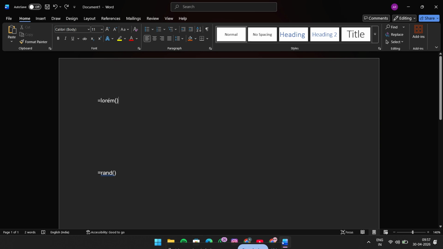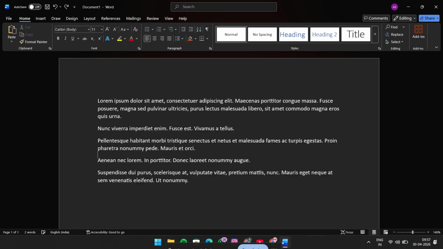Now, if you want traditional Lorem Ipsum dummy text, type equals Lorem and add parentheses like this. Equals Lorem open parenthesis, close parenthesis. As soon as you press enter, Word will automatically generate placeholder text for you. This is a great option when you want the classic Latin-style filler text that many designers and writers use in